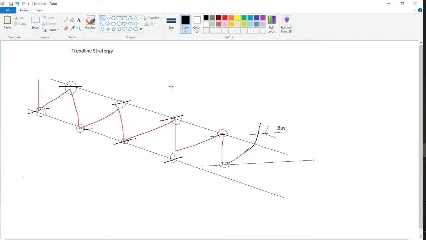It's basically finding support and resistance, and only if support or resistance breaks do you enter the trade. You don't enter the trade blindly. You have to wait for your opportunity, and based on the resistance and support, only if either of them breaks do you enter a buy or sell trade. So we'll go directly to the charts to explain this.